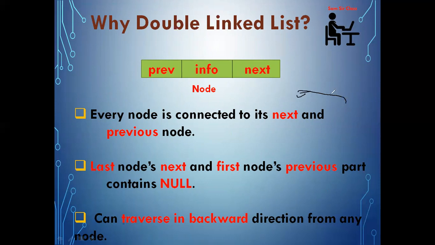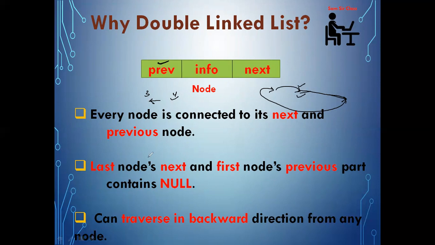And through circular linked list, once you go to the last node, then you come to the first node and again you traverse to the required node. But in double linked list, every node will keep the address of the next node as well as the previous node. So at node number 4, suppose I am thinking to go to node number 3, then instantly I can come to node number 3 because I am keeping the address of the previous node. So this is the advantage of using double linked list over single linked list.